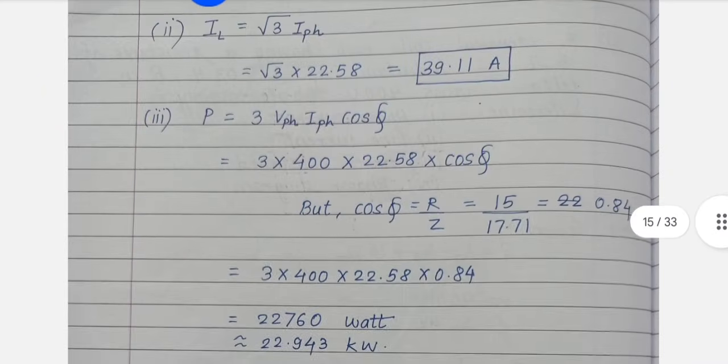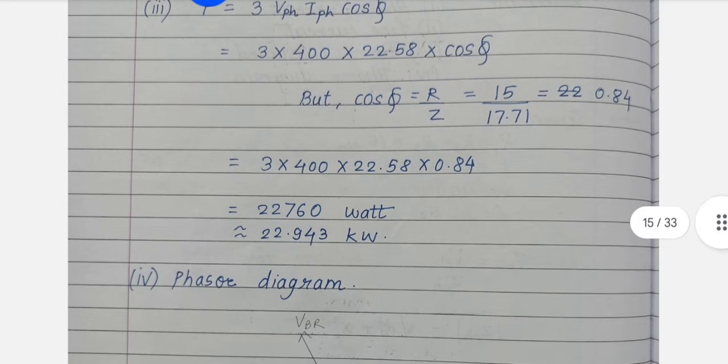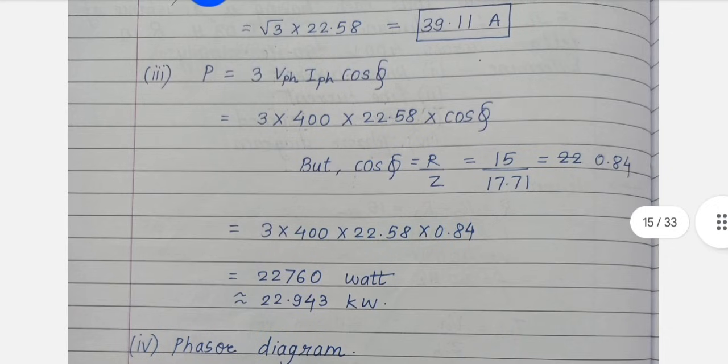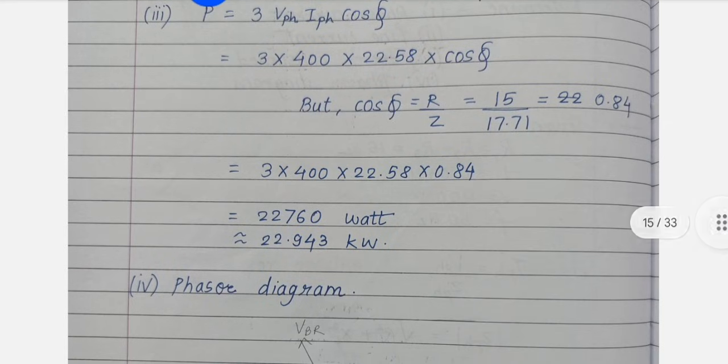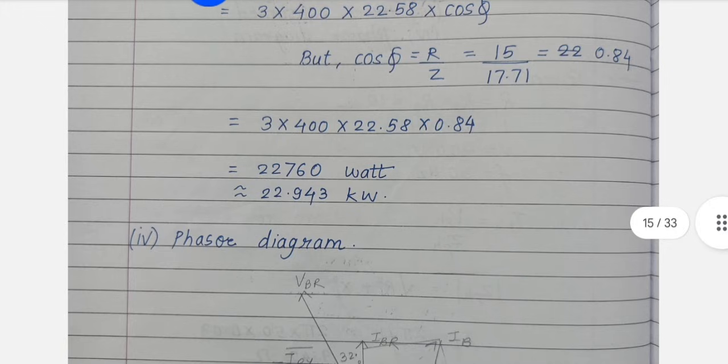Then it is asked for power consumed. In this case we will find active power, that is 3 VPH IPH cos phi. In this case I know phase values, but if I know line values, that time I will use root 3 VL IL cos phi. Here for this we have to find cos phi, so we will find cos phi with our same formula, that is R by Z. These all are basic formulas. I am not going so deep. If you have studied unit number 3, this will be very easy for you. Again you have to calculate by doing the same procedure.